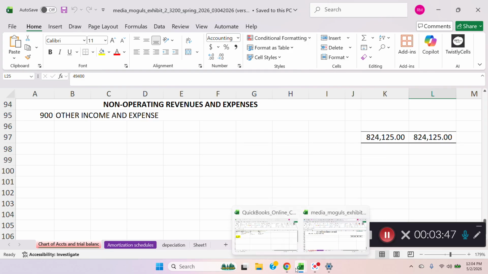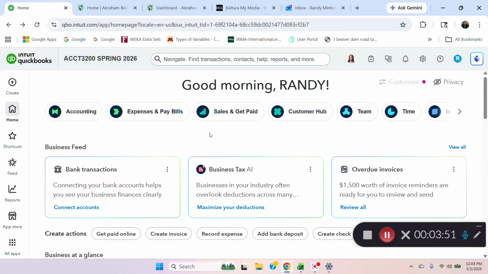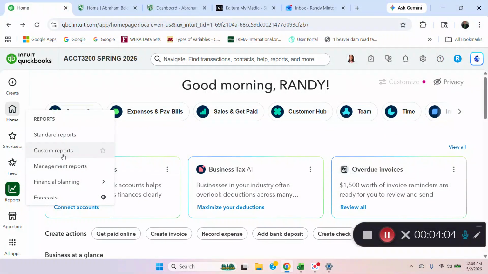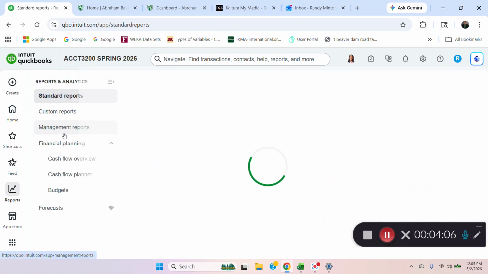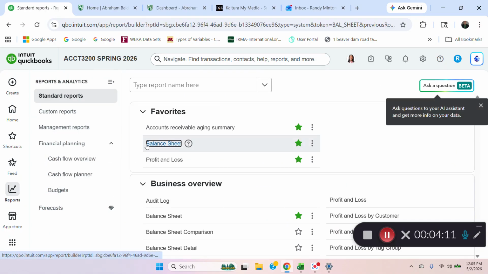I'm going to come back over here if I can find it. Here is the home of this particular group of classes, okay? And I just picked this one at random. But if I come down to reports and I go to standard reports, and let's go to the balance sheet,